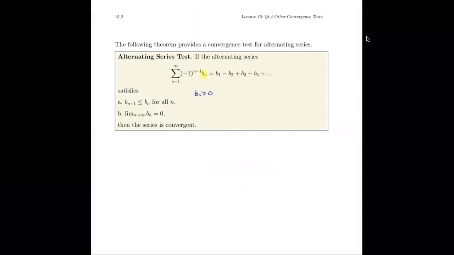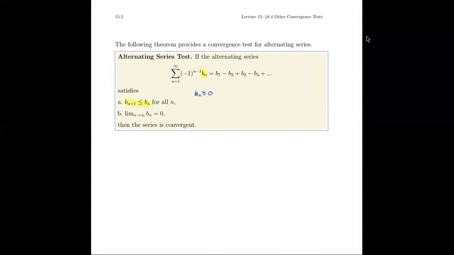What we'll do is we'll split these b sub n terms, noting that they're positive, they're greater than or equal to 0, right? That's the portion of the series that's not alternating, just the b sub n. Okay, and we'll inspect that as its own sequence. So let's not be confused. We're still assessing the convergence of a series, but in order to do so, we look at the terms of the series, b sub n,